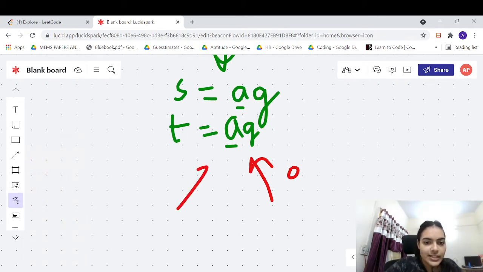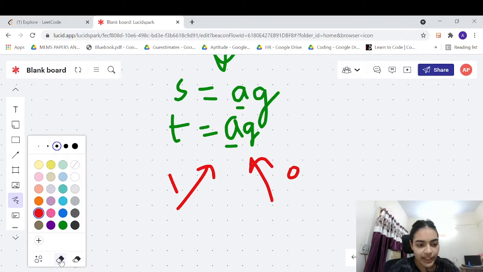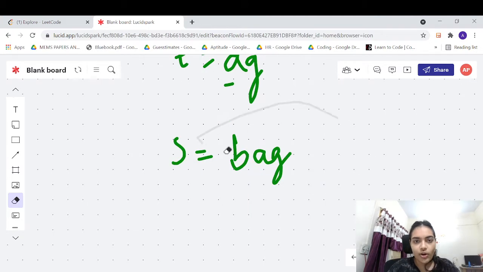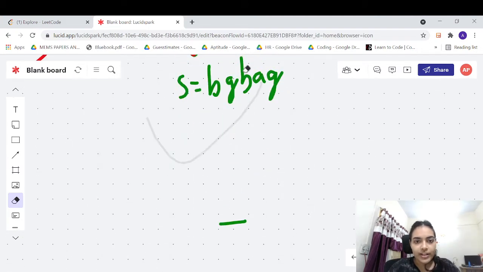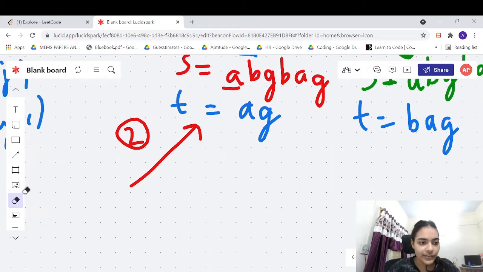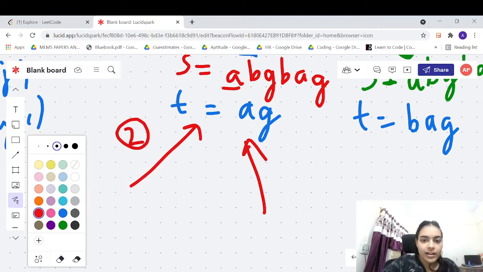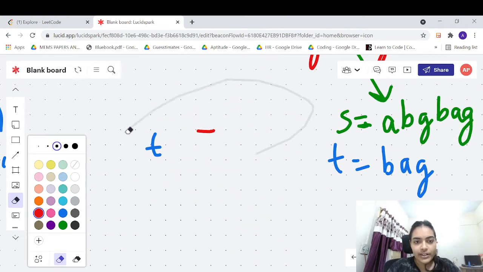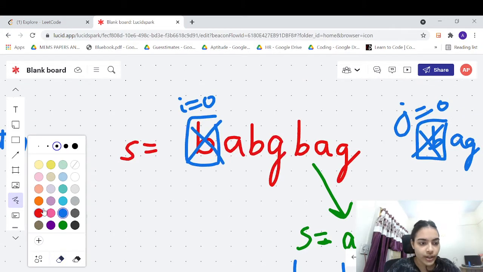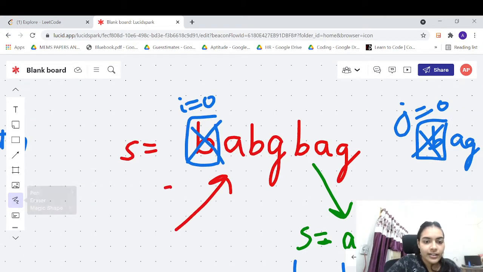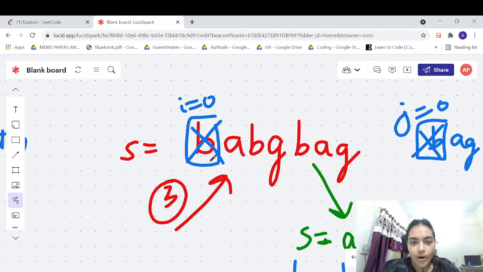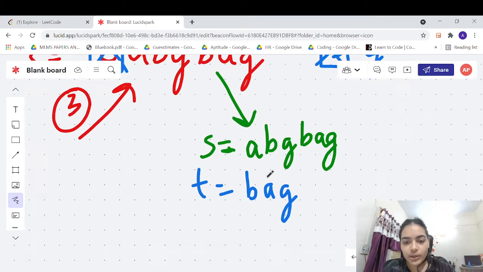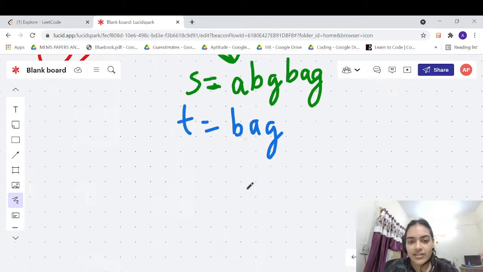So you can keep on doing this, and you can see that many of the calls will also be repeating. But let me just complete this recursion tree. So these calls will return back to the parent call. Everything will return back to the parent call, and finally we are coming back to this parent call, and we have returned back 1. Now 2 plus 1 is 3, right? 2 plus 1 is 3. So we will return back 3 to the parent call. So if we have taken the first character, right, then we have found 3 ways of making the solution. If we go into this side of the tree, you will see that there will be 2 ways to make this back.